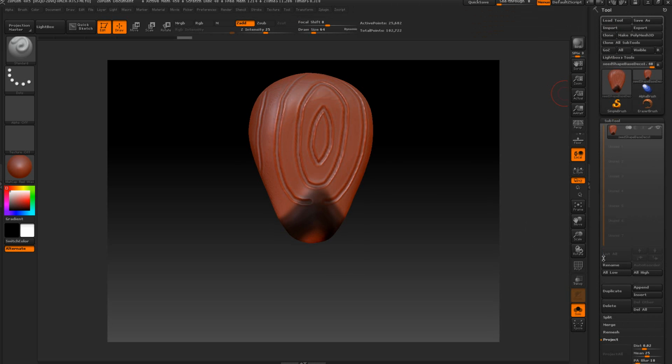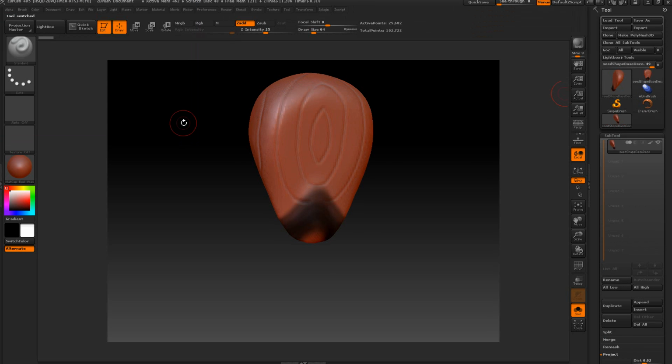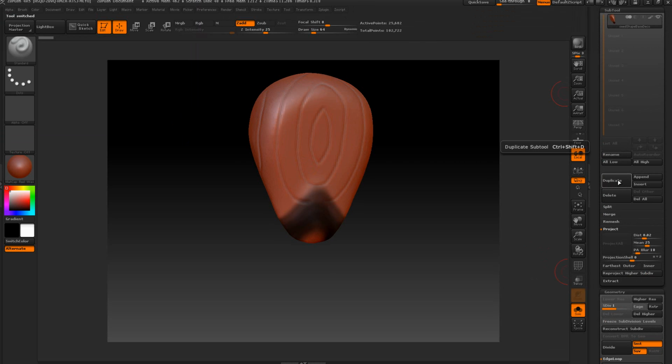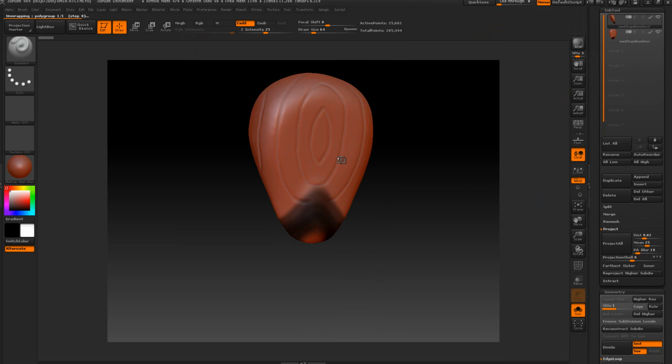So let me repeat the process here. We'll load this back up, and basically what we'll do is go ahead and duplicate this. Since it's at the lowest subdivision level, ZPlugin, unwrap, and give it a second. Alright, and I'm not going to delete anything, I'm just going to leave everything here,